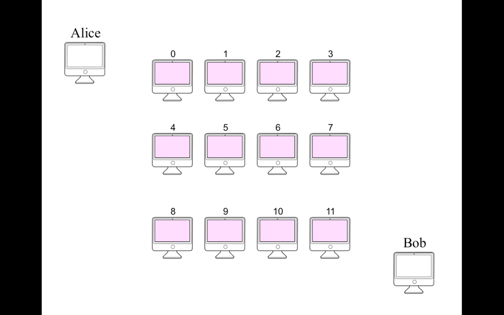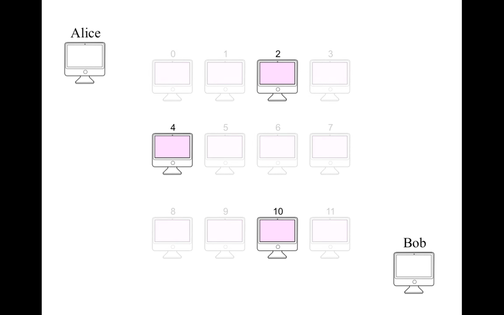So let's take a look at how Tor works. Tor consists of a network of nodes that data is bounced around. We will take a look at a packet sent through the network to see exactly how the protocol operates. First, Alice talks to a directory server to get a list of nodes that are available to her. Then she selects a few nodes to bounce the data between. In her example, these will be nodes 2, 4, and 10. The data will be bounced between these nodes before it gets to Bob in the following way.